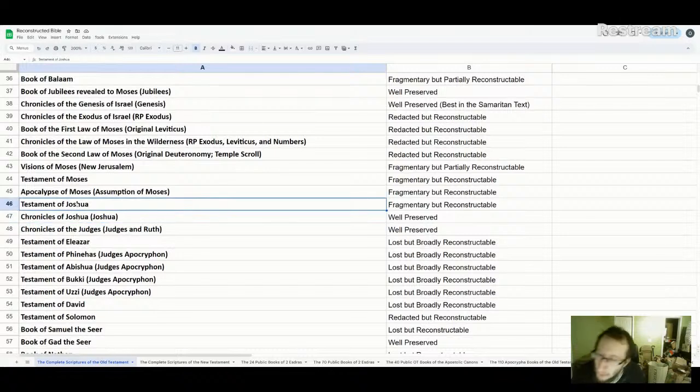One thing I will mention about the Testament of Joshua, something interesting, is that we have something from the New Testament that is nowhere in our copies of the Old Testament, but seems to be derived from a Testament of Joshua of some kind, or Apocryphon of Joshua. And that is, let's see,